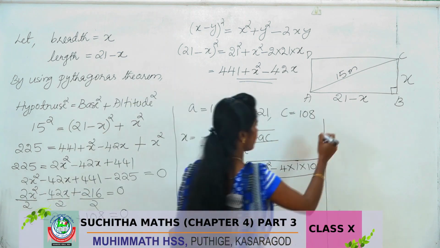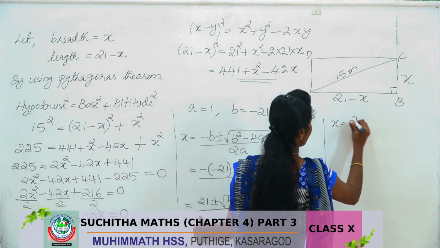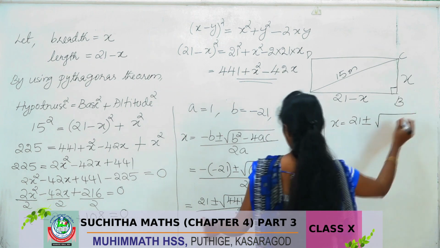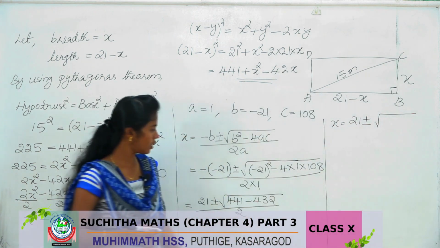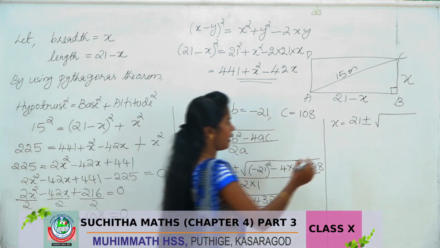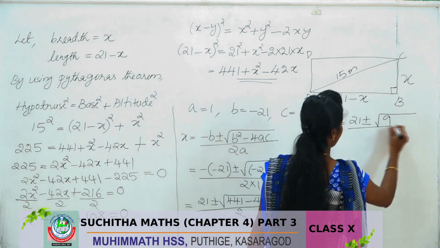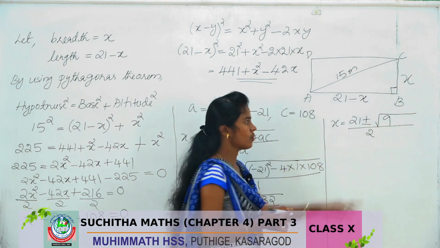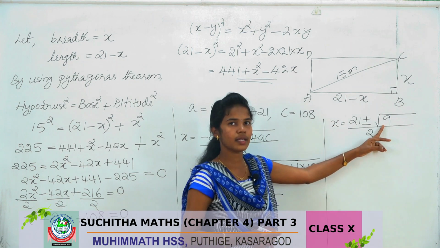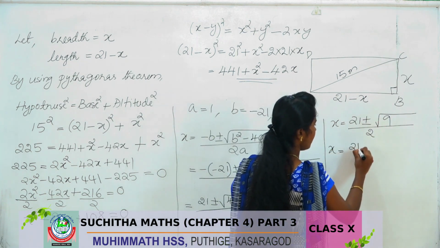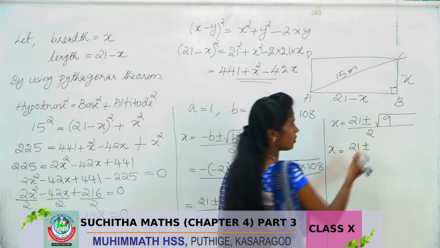That is x equal to 21 plus or minus square root of 441 minus 432, which is 9, divided by 2. Here also the value of b square minus 4ac is greater than 0. So there are two solutions. 21 plus or minus square root of 9 is